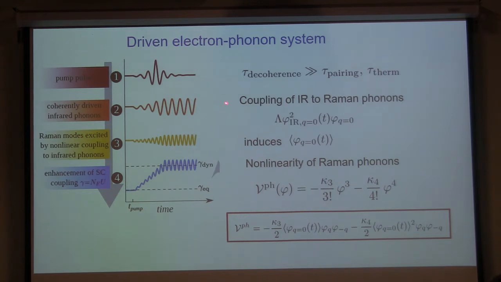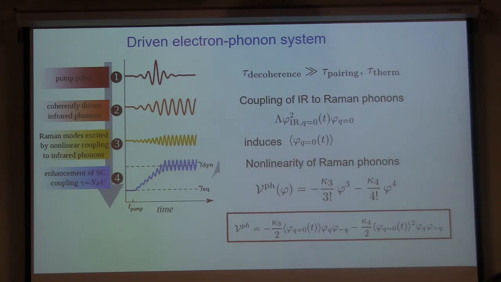However, they have sufficiently strong coupling to Raman phonons, which do not couple to light directly, but they couple to electrons and they couple to the infrared phonons. And therefore, there will be a sequence of coupling that the infrared active phonons at Q equal to 0 can induce, say, Raman phonon, and nonlinearities of the Raman phonons. You can see that they actually transfer the drive from the coherent part of Q equals 0 phonon to all the finite Q.